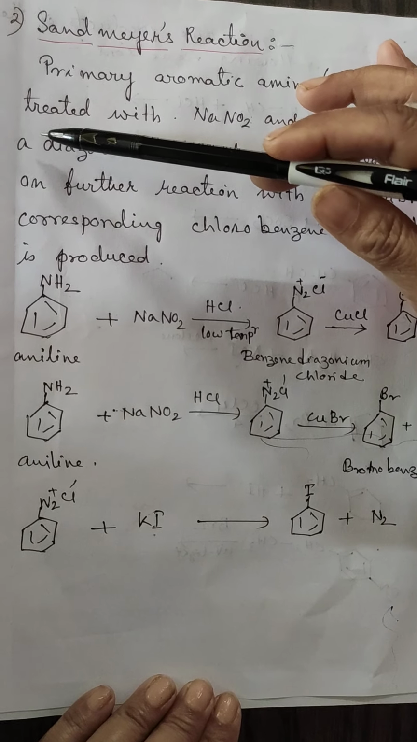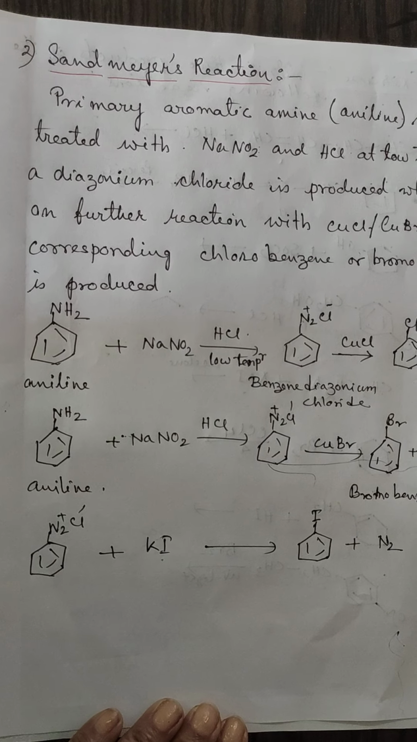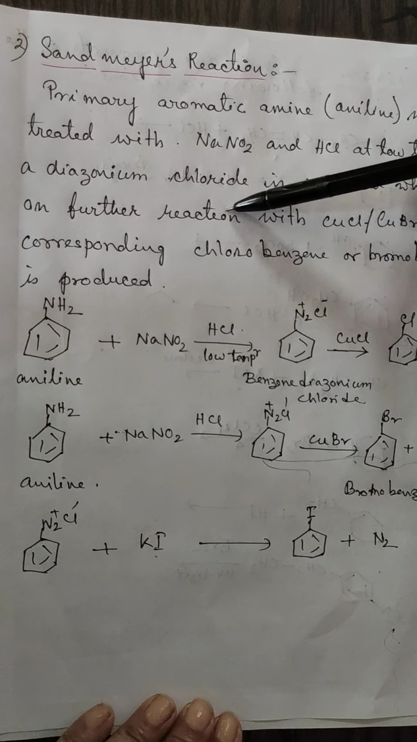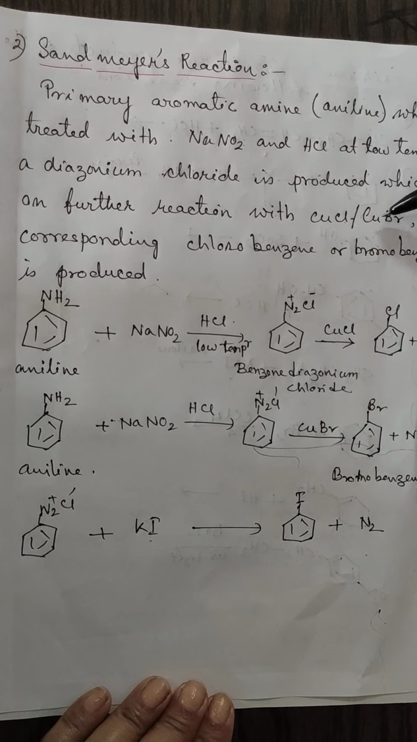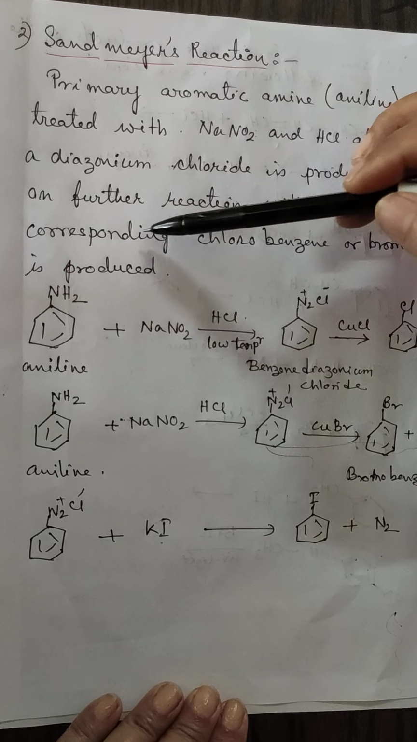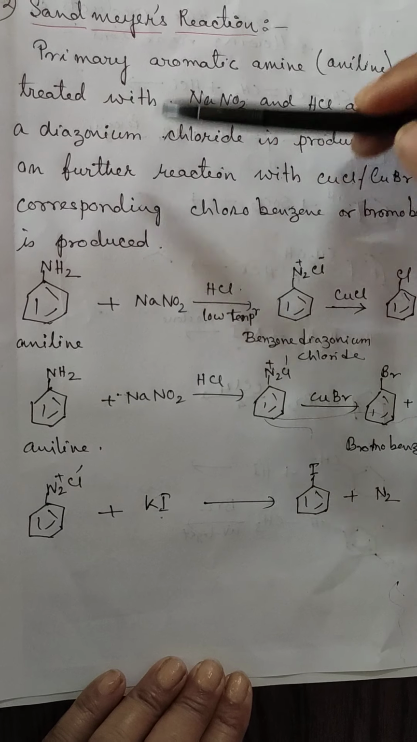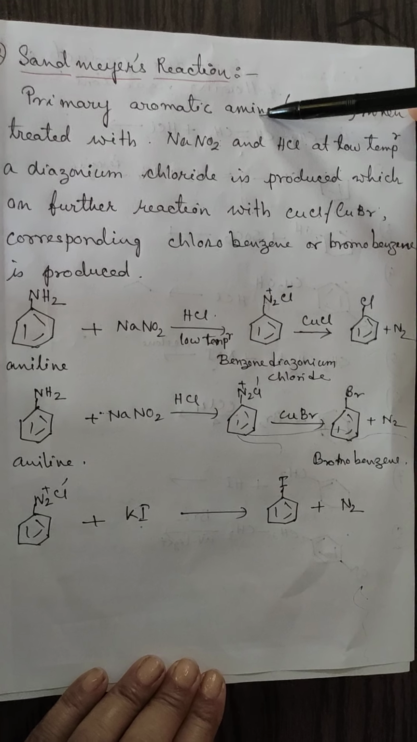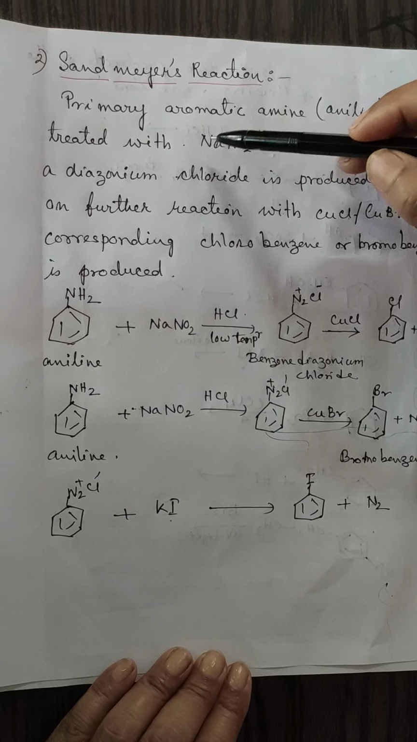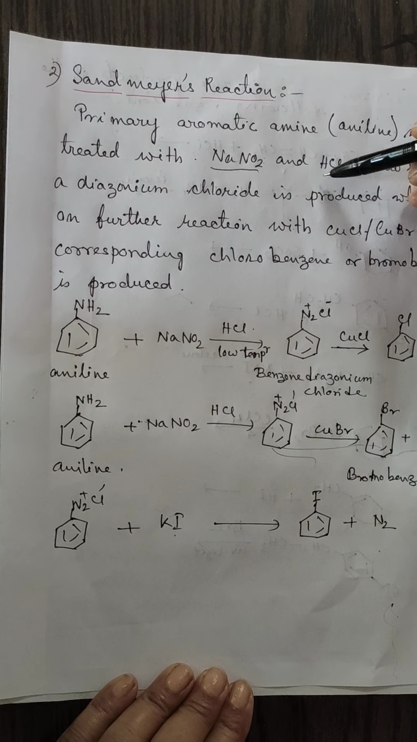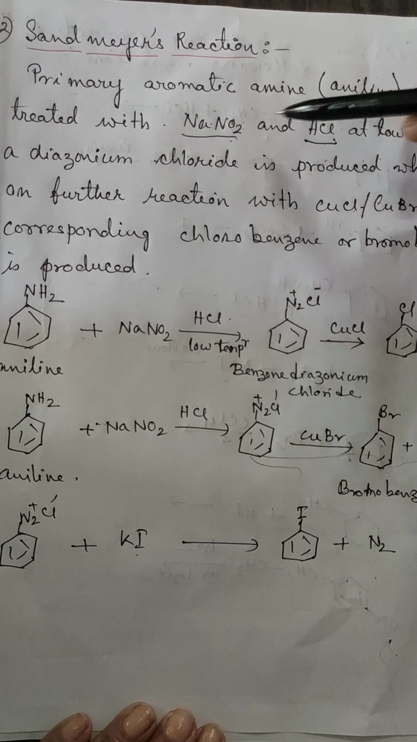compound form kore tar naam to hol a diazonium chloride is produced which on further reaction yat duta step ase further reaction with copper chloride or copper bromide corresponding chlorobenzene or bromobenzene is produced yat primary aromatic amine ba aniline or logot ami reagent ki use korim sodium nitrite aru HCl sodium nitrite aru HCl actually ei duta reagent jetia